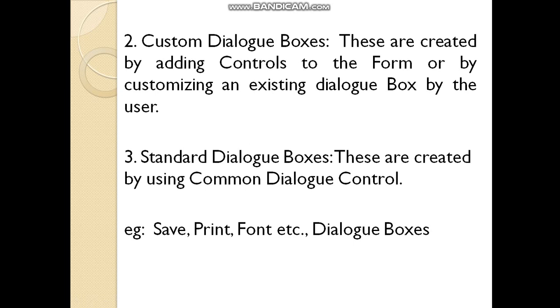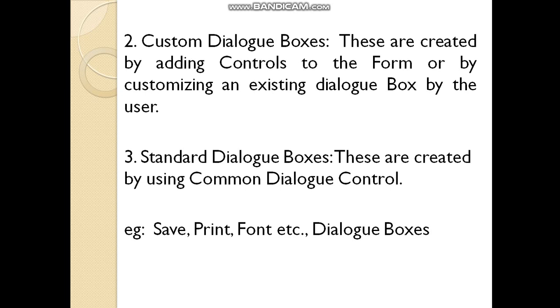So what are the standard dialog boxes? If you open any application, that is Word, Excel, PowerPoint, whatever it may be, when you click on save or save as, it displays a save as dialog box. When we click on print in any application, it shows a print dialog box.